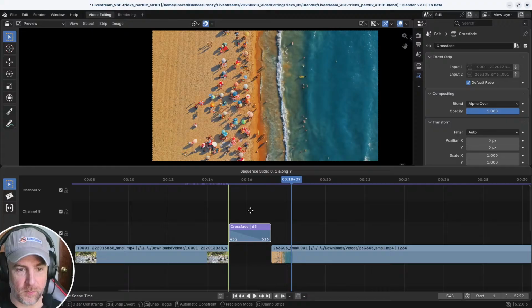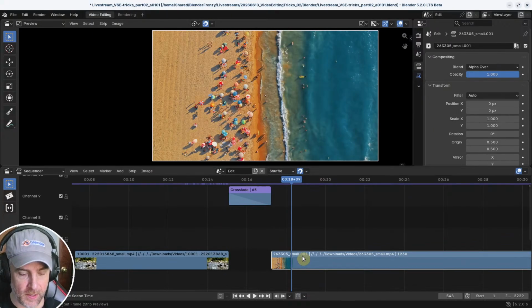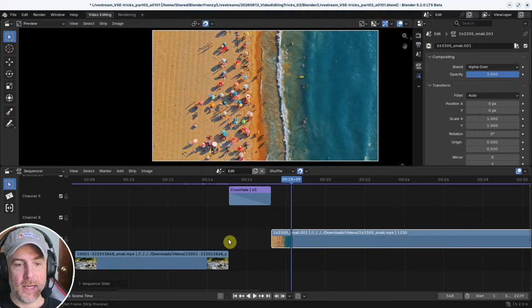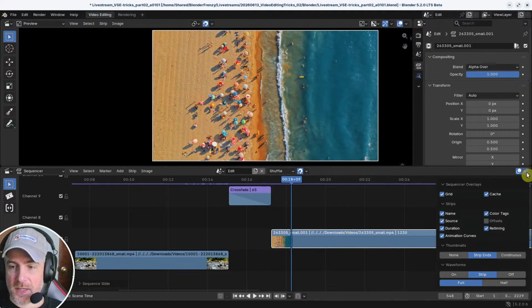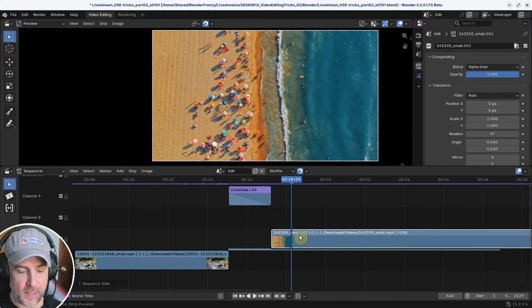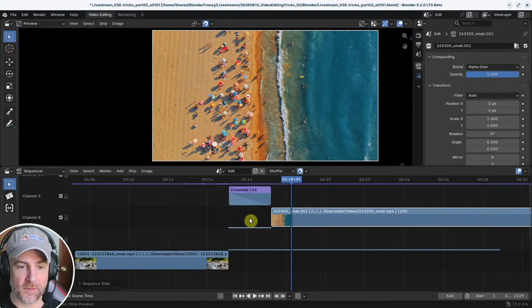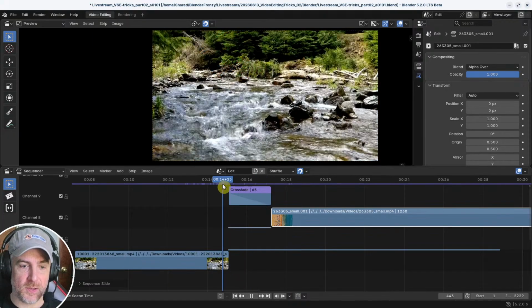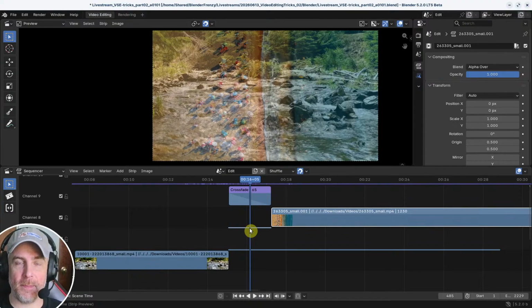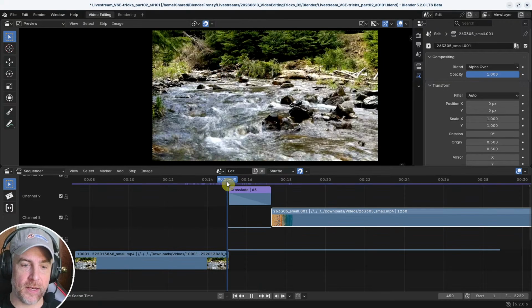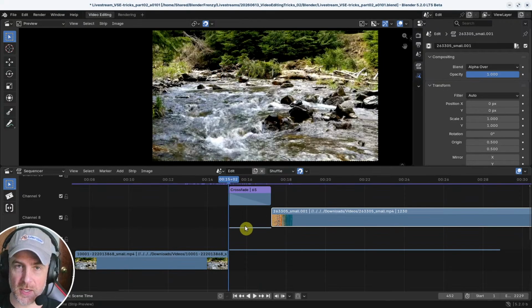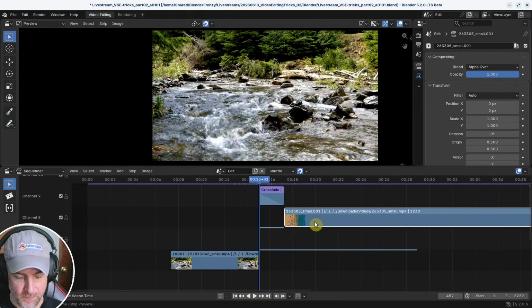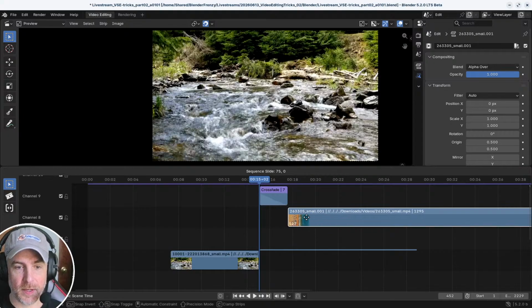And the reason this works, if I bring that crossfade up and I bring this one up, is because of these offsets. So if I turn the offsets on, we've got the offset here, and we've got the offset here. This has to be the case if you want to make a proper transition. You have to have enough video to cover the whole crossfade. What I mean by that is if I do Alt-O on this one, and I bring this out here,